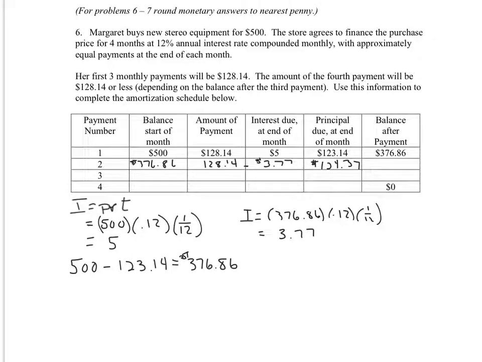Okay, so out of the $128.14 she paid, $124.37 goes against her debt, which at the beginning of the month was $376.86. So if you'll take $376.86, subtract the $124.37 from it, $376.86 minus $124.37, you will come up with